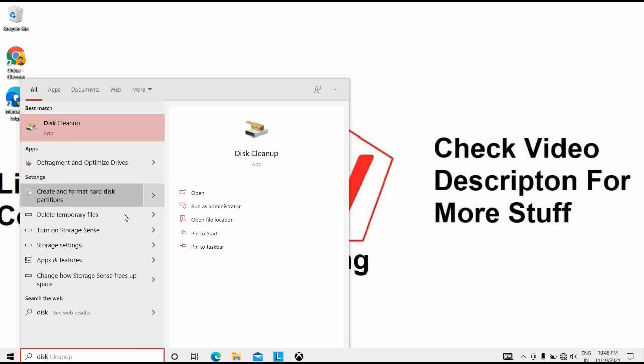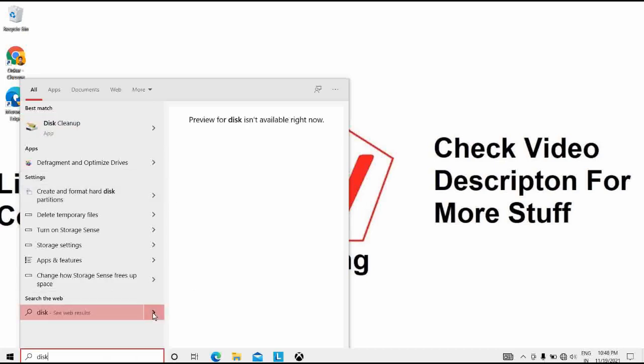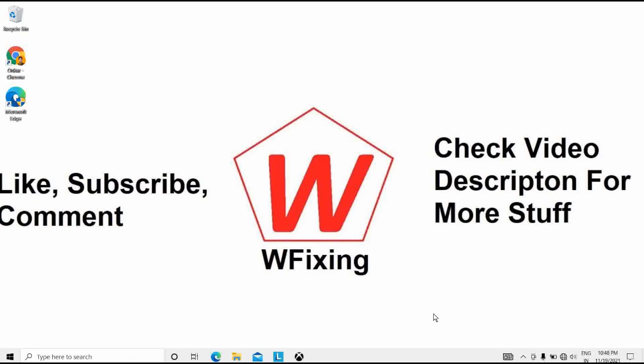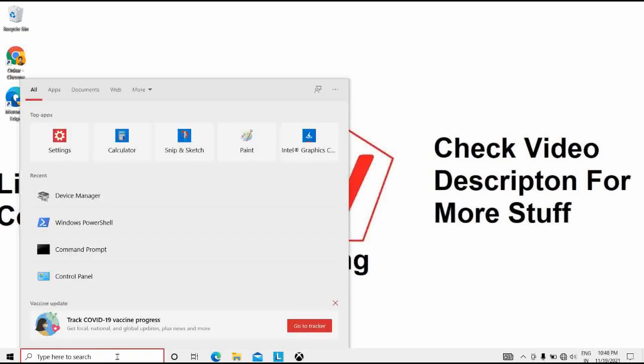Then what we will be opening here is create and format hard disk partitions. For that we will clean the disk and start from scratch. Disk 2 is now the selected disk, that is diskpart. For that I will open diskpart.exe.